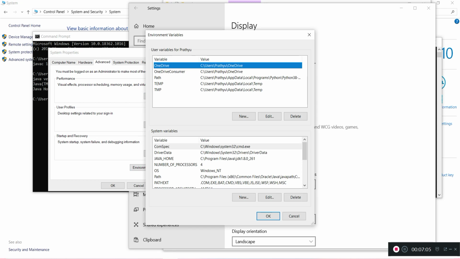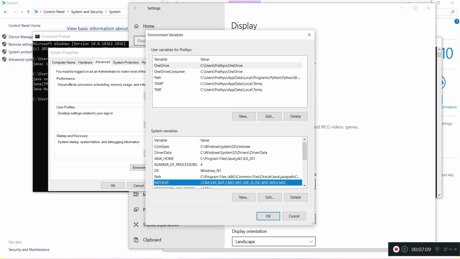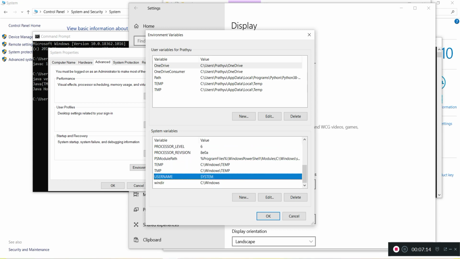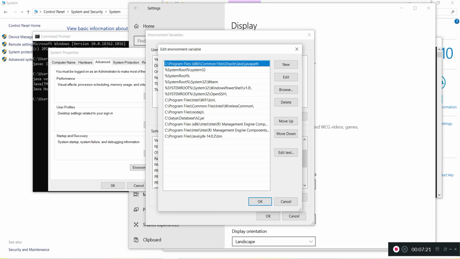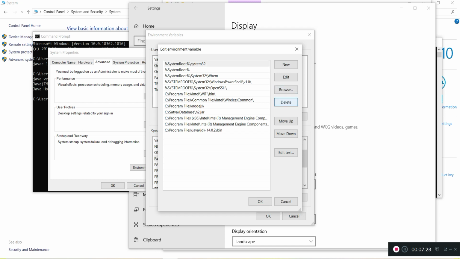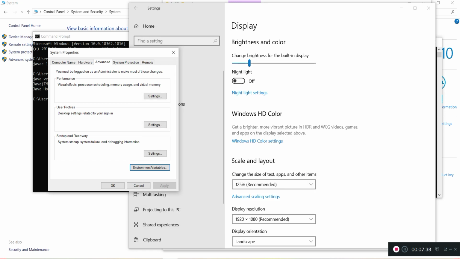Yeah, in environment variables, let me see, is it set to something else? So go to path and edit. So it is set to Java path. Let me delete this one. And is there anything else setting to? No. Yeah, I think this is pretty much fine. And confirm this one.